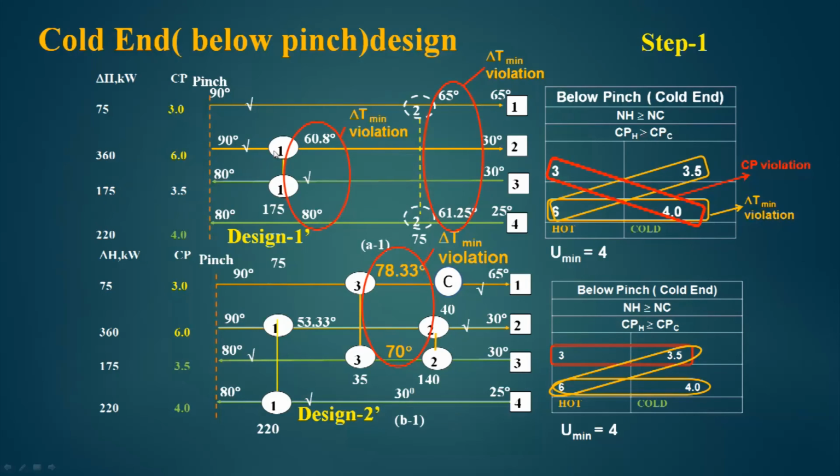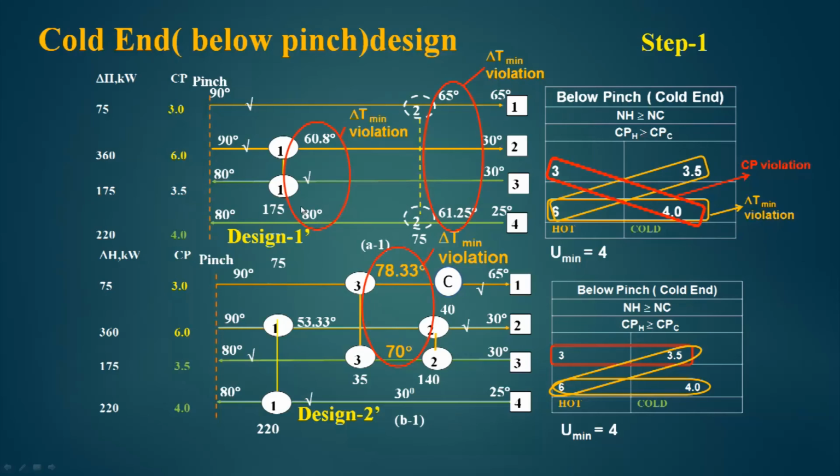So, we can directly pass 175 kilowatt through this heat exchanger, which is exchanger number 1, and take off this stream. If we do so, then the temperature here becomes 60.8, whereas the exit temperature of the stream